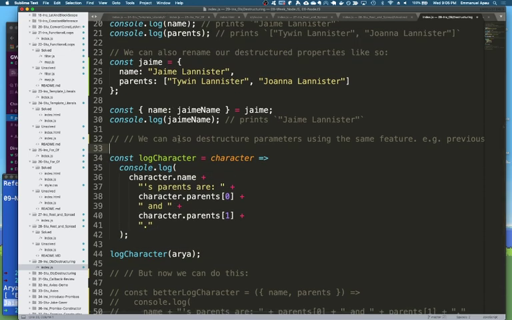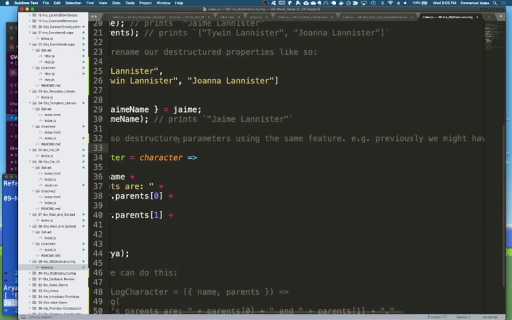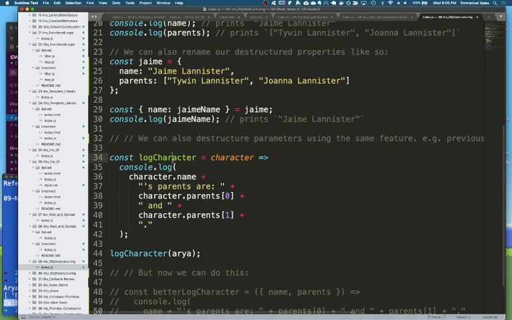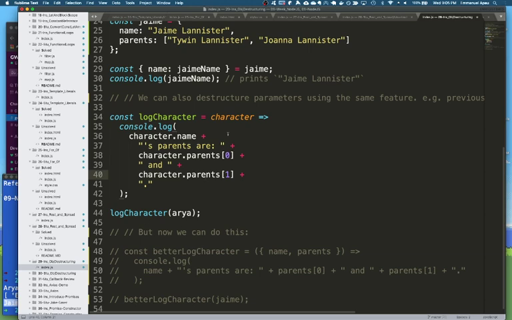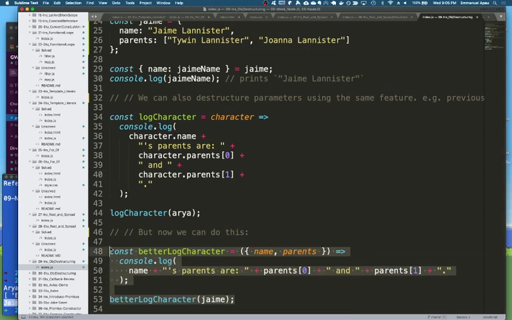So then in this one, we can also destructure parameters using the same feature. Where are they up to over here? They have a variable, logCharacter, and that takes an argument. From that argument, we're just going to extract out the character name, the character parents, and so on and so forth. So this was the old way of doing this. In the new way, betterLog function, we're going to extract out the name and parents from